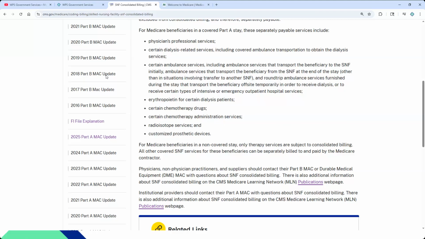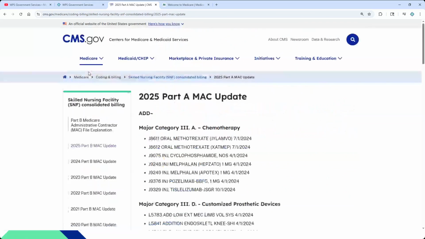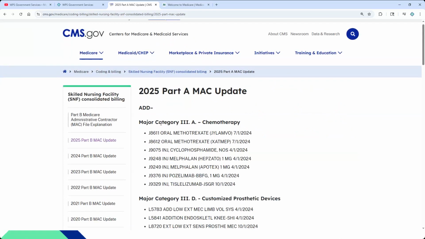I like to start with the 2025 files down here, and I like to start with the Part A files because remember, that's what we're talking about. Part A, stay, medically necessary, versus the Part B files, which are separate files. Okay, so if we select that, first thing I want to make you aware of, CMS does tell you the